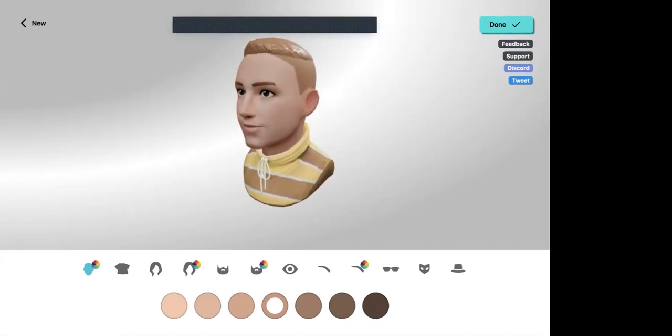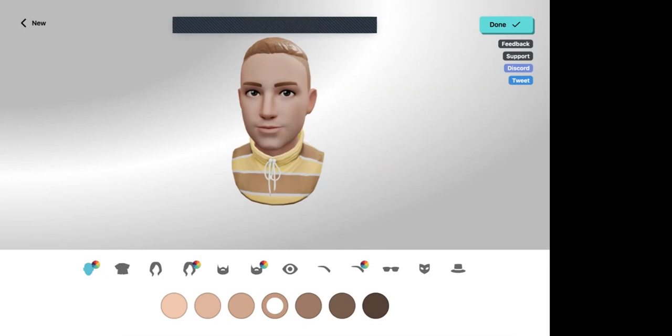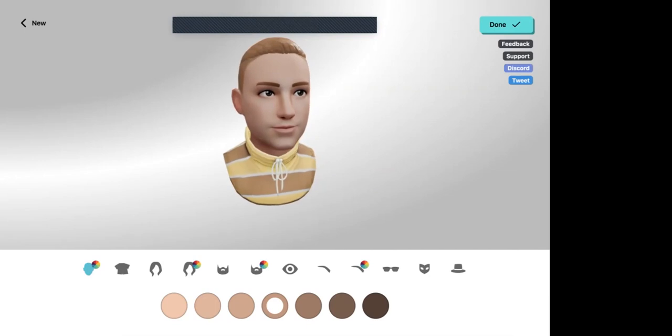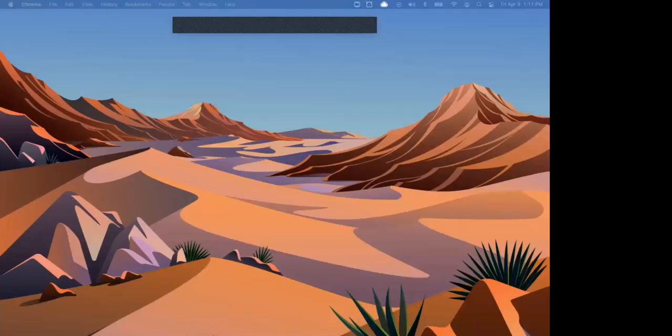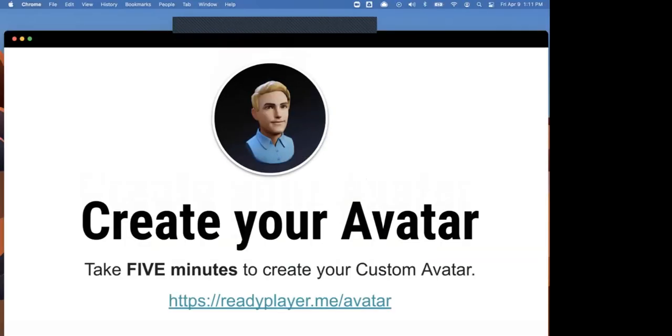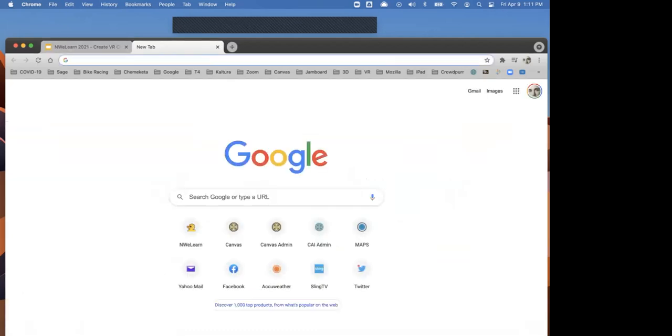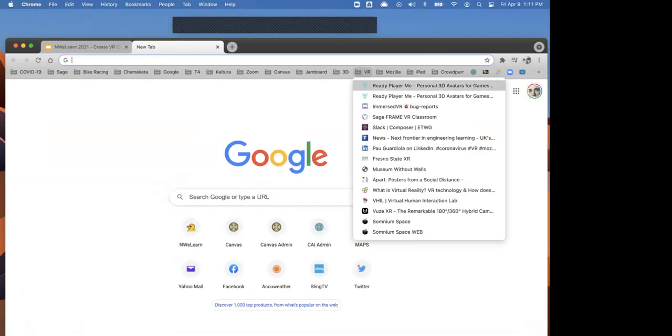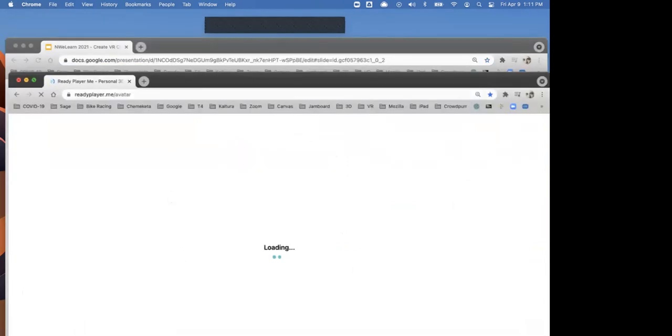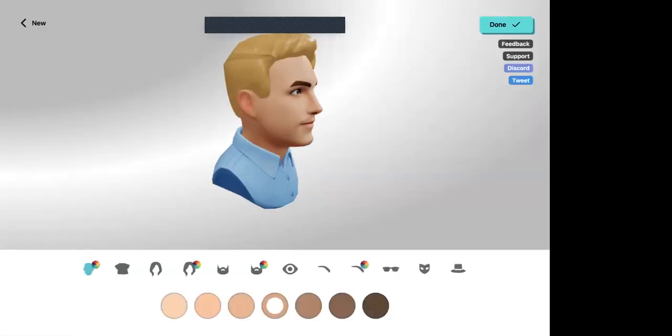Here's what it did, and it does this every time. It gives me this same avatar every time. It really thinks I look like this avatar, and I don't think so, but it thinks I do. I've actually customized my avatar to look quite different. I'll show you what I've done with mine. So when I go here, get out of here and do another one here and show you that. This will be my avatar. It remembers me. Remember I said it uses a cookie. So this is my avatar.